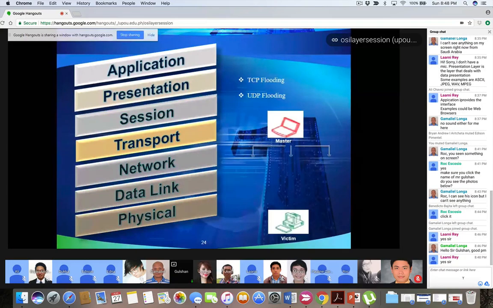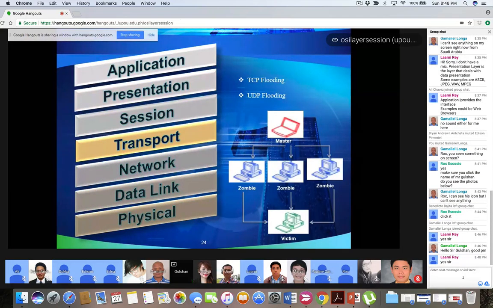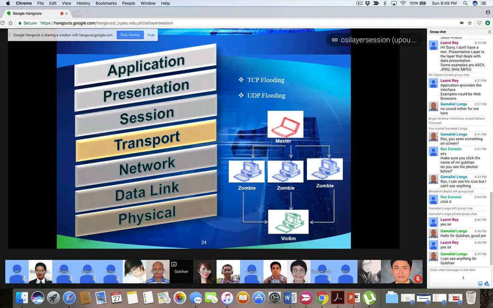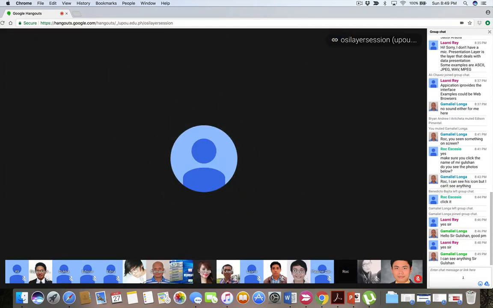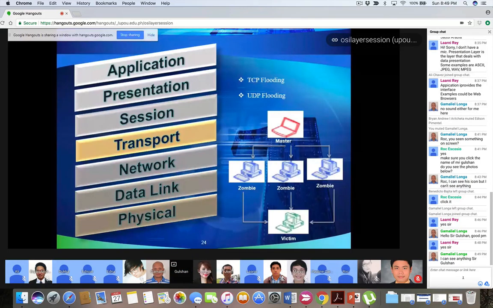In transport, we were talking about the example was LBC. So we have protocols which transport our data from one location to another. And data is transferred in TCP or UDP. Now, if someone floods the network with so many packets, what is going to happen? There will be delay, or the network may crash, right? Yes.